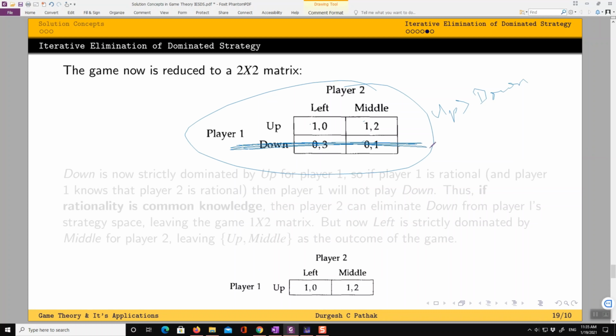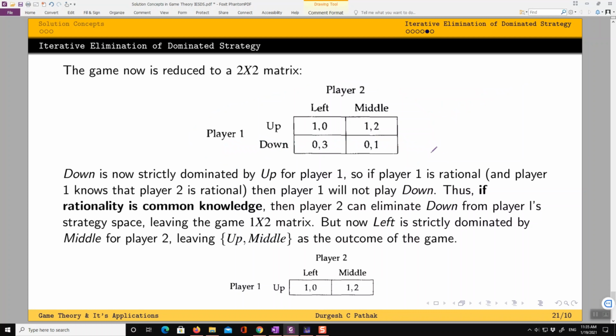So player 2 can actually chalk off down from player 1's strategy space. That is exactly what is happening. So we are again claiming that if rationality is common knowledge, then player 2 can eliminate down from player 1's strategy space, and then the game will become a 1 by 2 matrix.